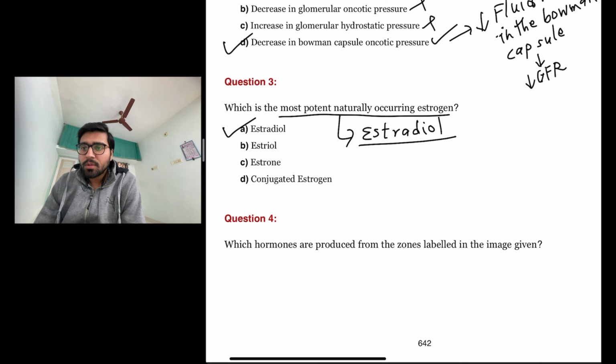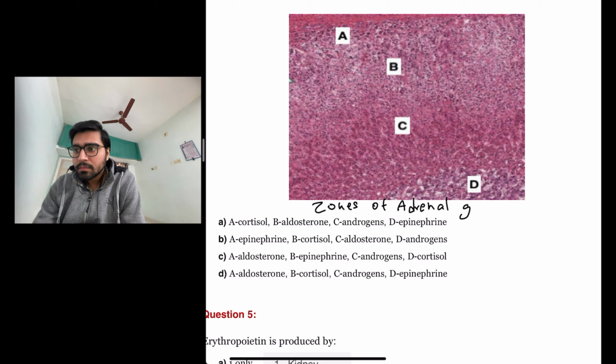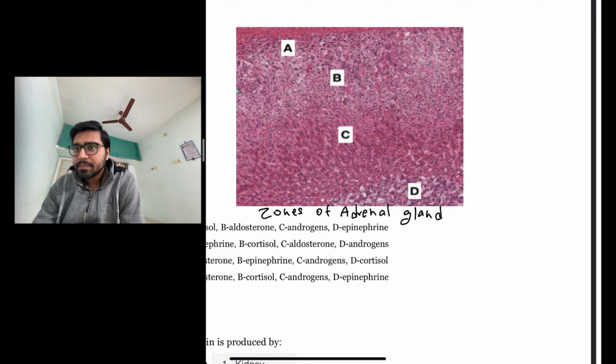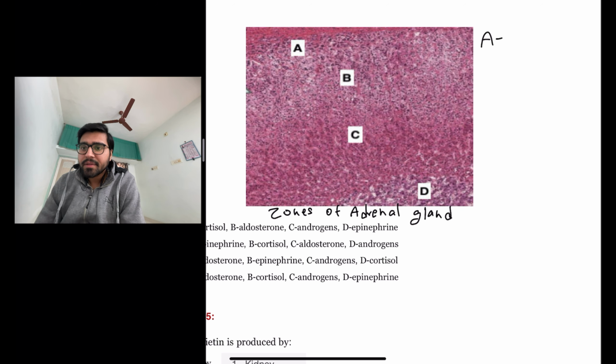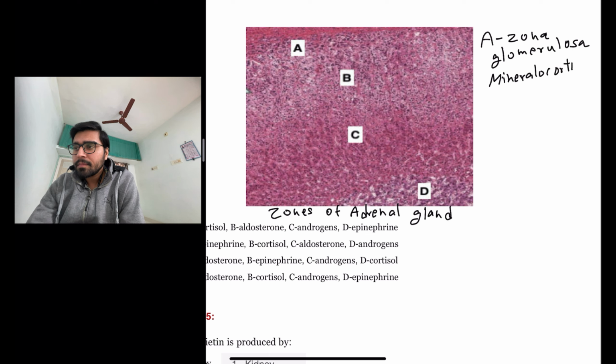The next question is, which hormones are produced from the zones labeled in the image given? So these are the zones of the adrenal gland. A is zona glomerulosa, which secretes mineralocorticoid, means aldosterone. B is zona fasciculata,